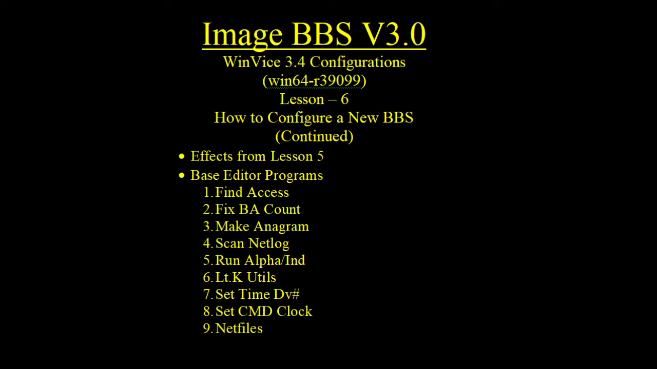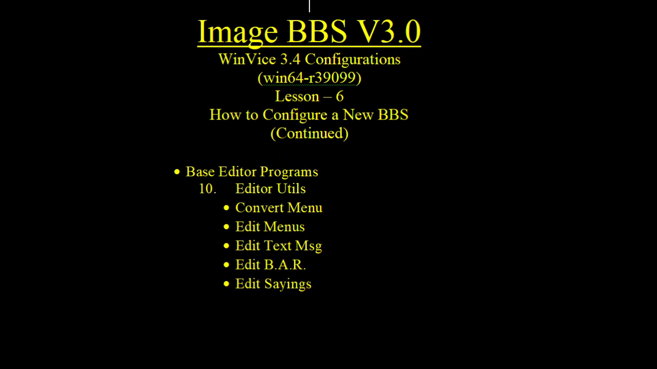This is lesson 6 of how to configure a new BBS in Image 3.0. First we'll look at the effects from lesson 5, and then we'll go into the base editor programs and look at find access, fix the board activity count, make anagram, scan netlog, run alpha index, lieutenant kernel utilities, set time device number, set CMD clock, net files, and then we'll go into the editor utilities and see what's contained in